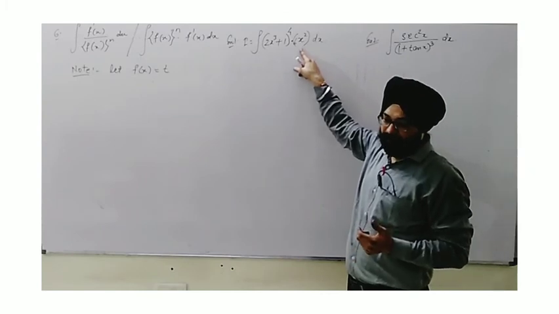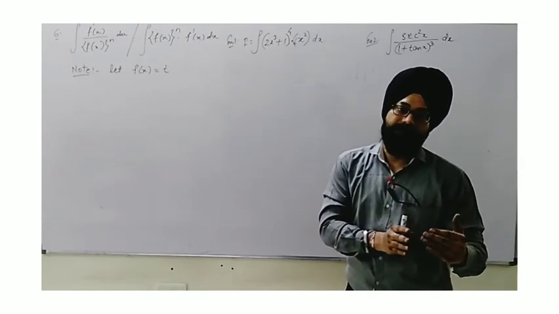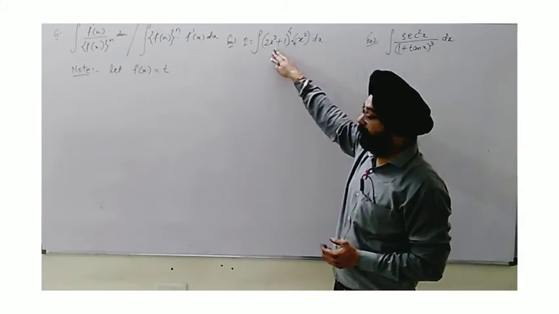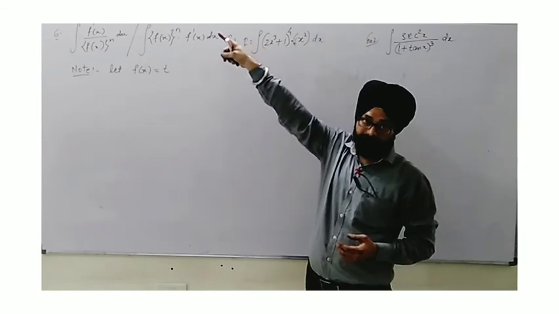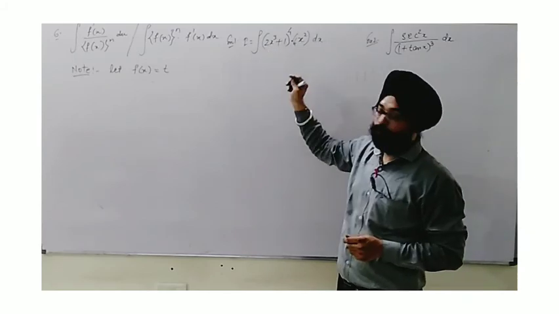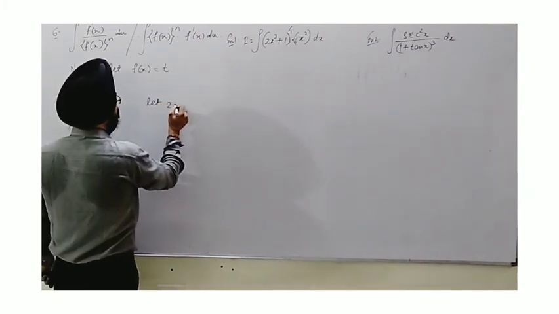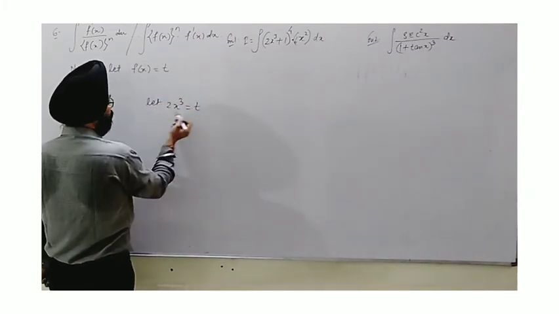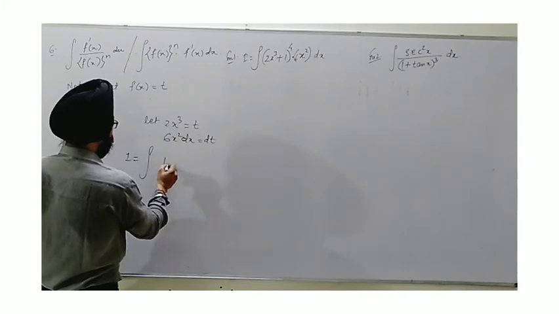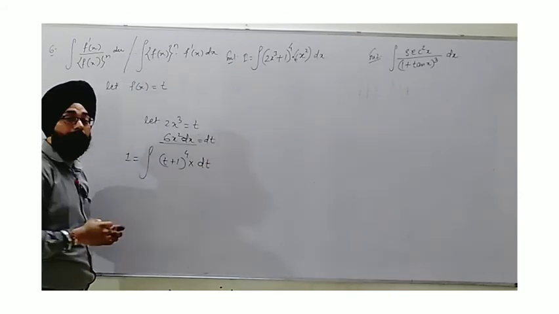In that case, what you see is that if I differentiate 2x cube, we will get 6x square. Now, as I said, we have to spot which part of the function should be substituted by t so that we can follow this pattern and find its differentiation, either as a multiplication or a numerator. If I take case 1, suppose 2x cube as t, differentiating we get 6x square dx. So we can write the integral as (t plus 1) raised to the power 4 into this whole replaced by dt. But still the problem is not solved.